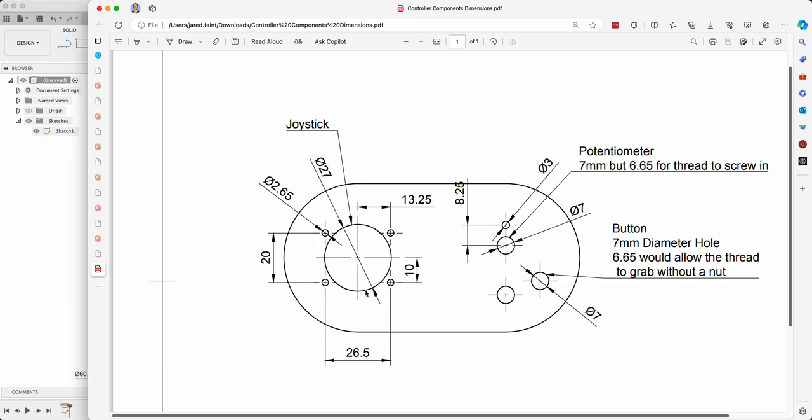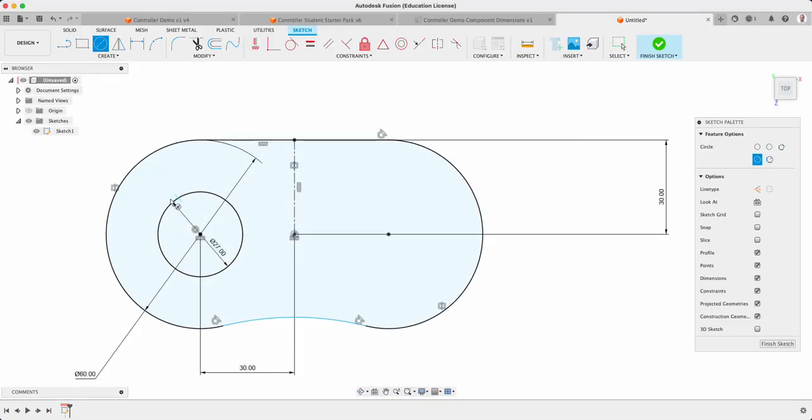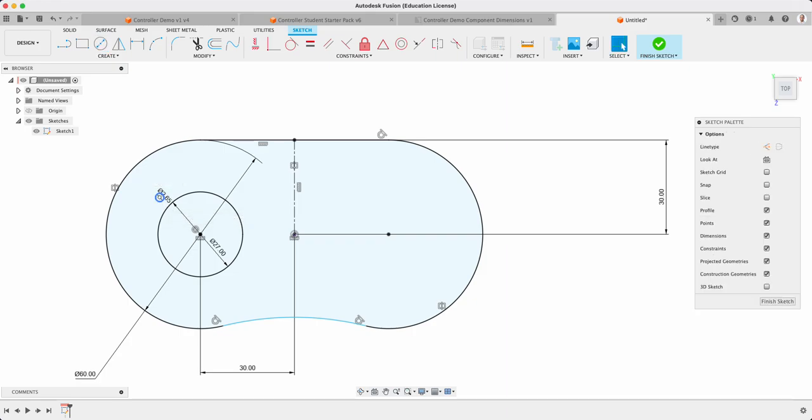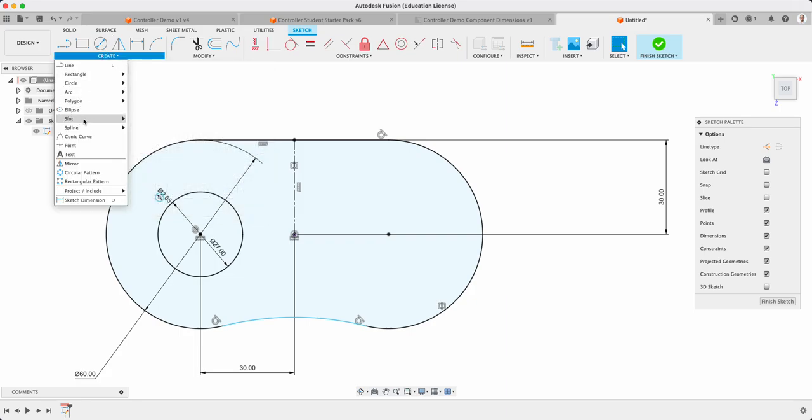And I'm going to do one of those, and I'm going to use a pattern to do the rest. So you can see it's 20 down, 26.5 across. So I'm going to start with my circle there. So that wants to be 2.65. Awesome. And what I need to be able to do here is I'm going to go and create myself a